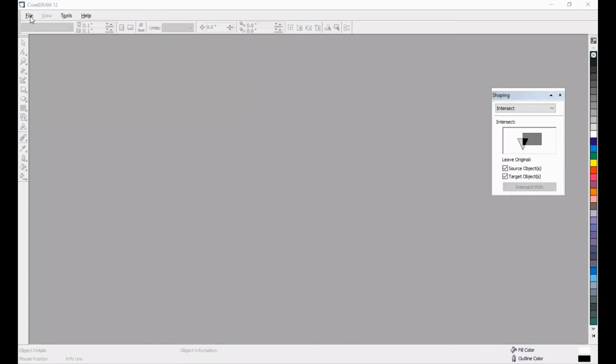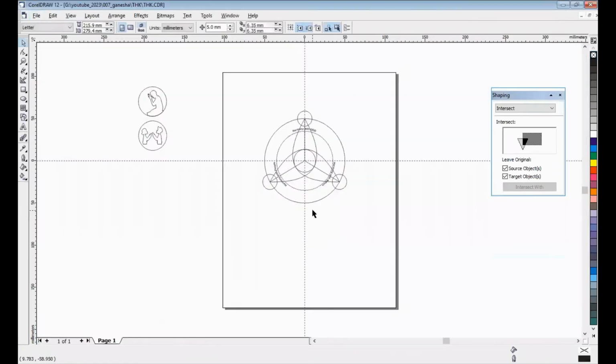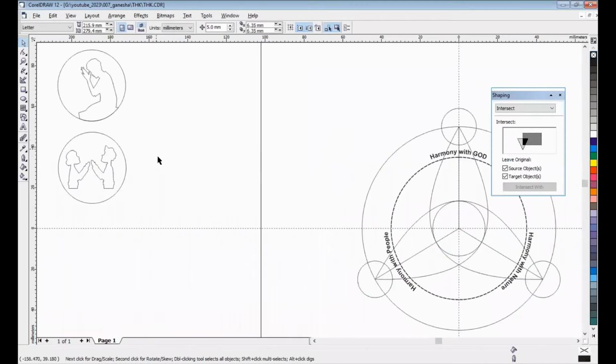Okay guys, let's continue our lesson. Now I will share first. The lesson before looks like this. This object is harmony with God, and this object is harmony with people.